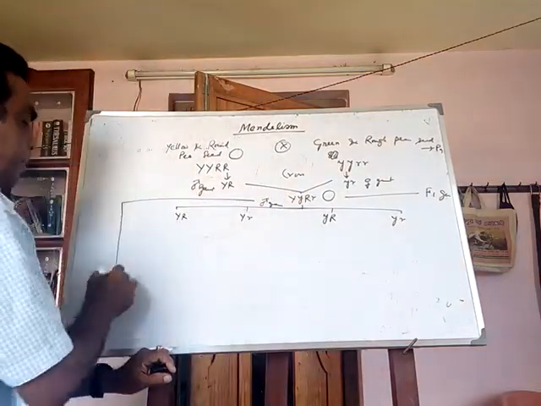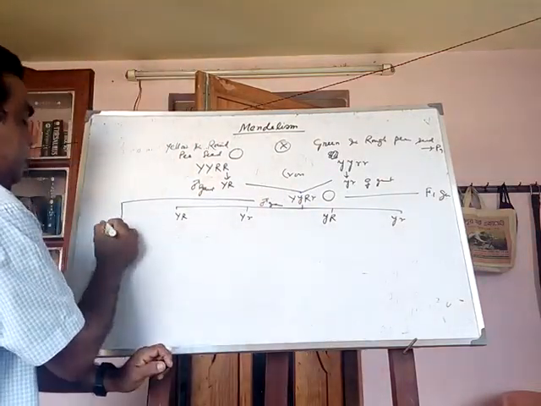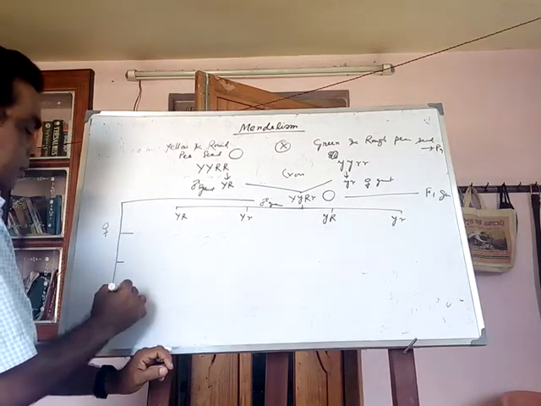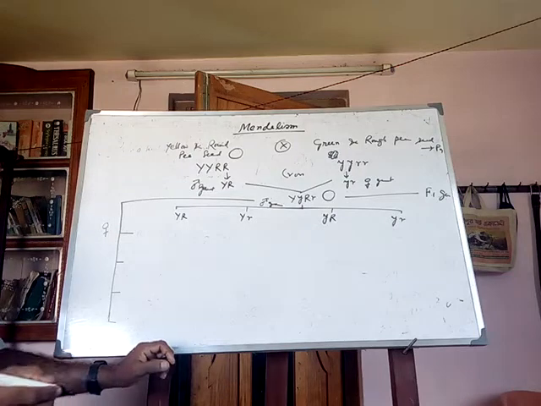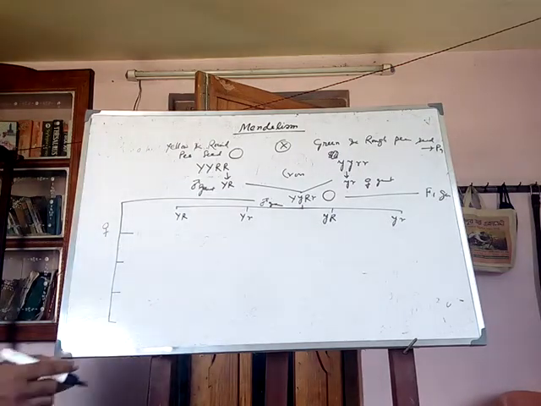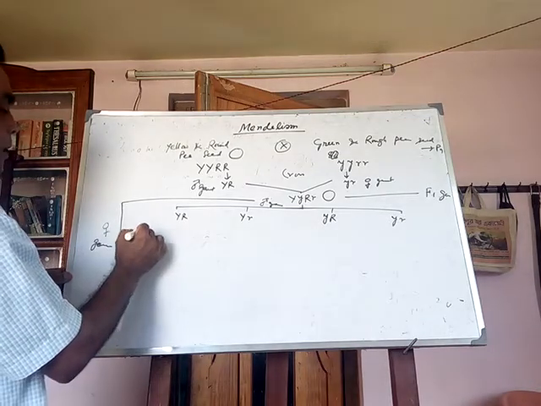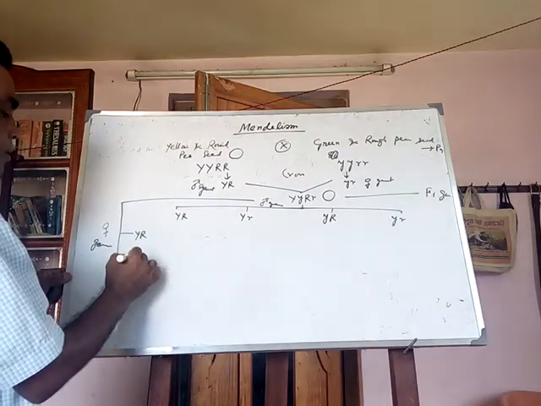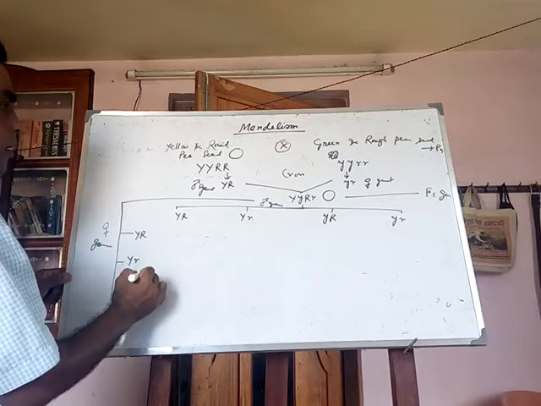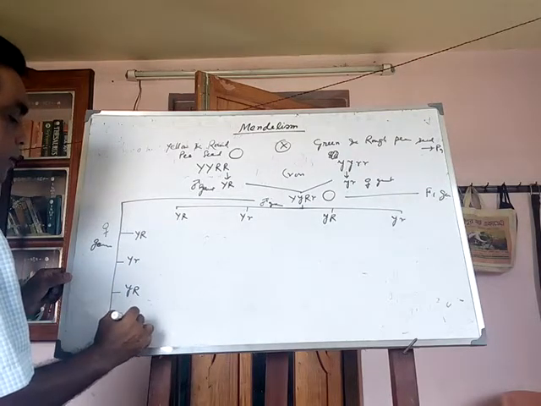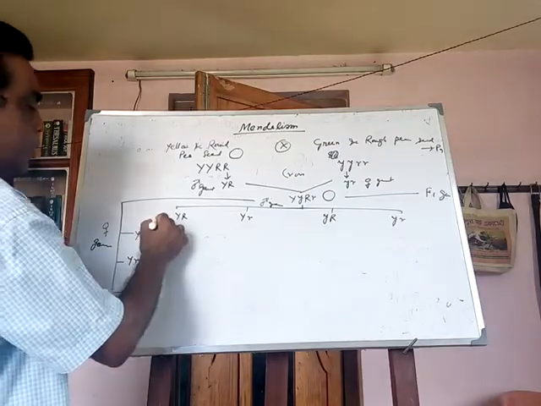Similarly, they produce the four types of male gametes, that is capital Y capital R, capital Y small r, small y capital R, small y small r. Now,